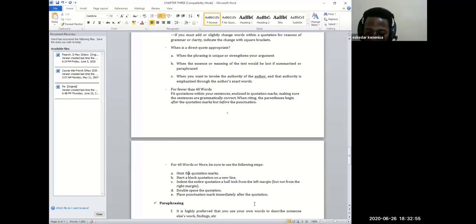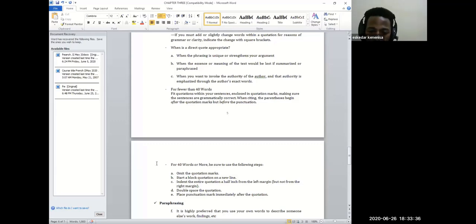Let's suppose this one is the direct quote of another person. Therefore, it has to come in a new line. Therefore, omit the quotation mark. That's one task that you have to do: you omit the quotation mark. When it is under your paragraph, you include the quotation mark, both before and after the end of the quotation. However, in a separate section, you omit the quotation mark. Then you start the block quotation in a new line.